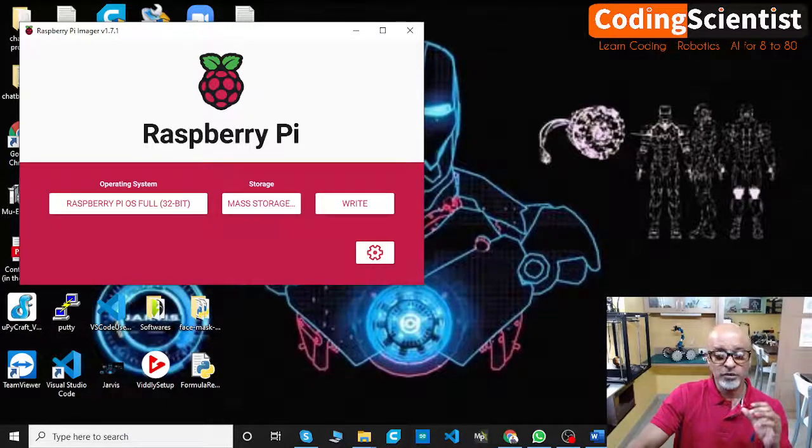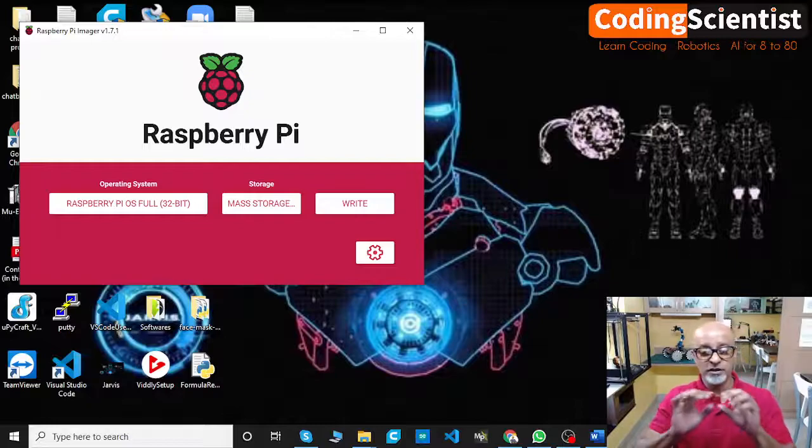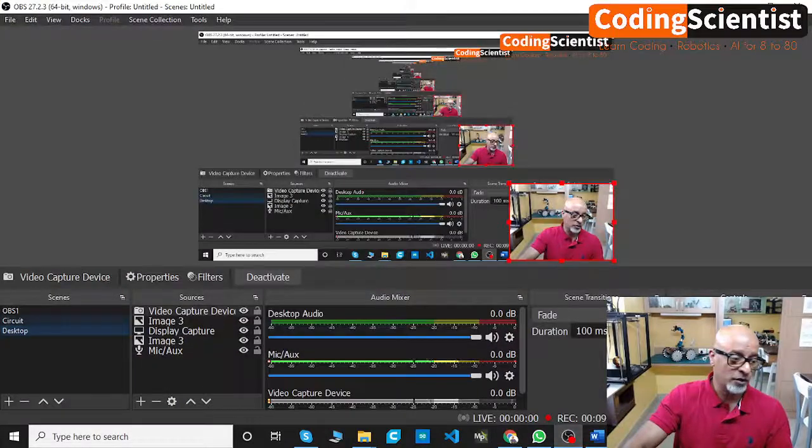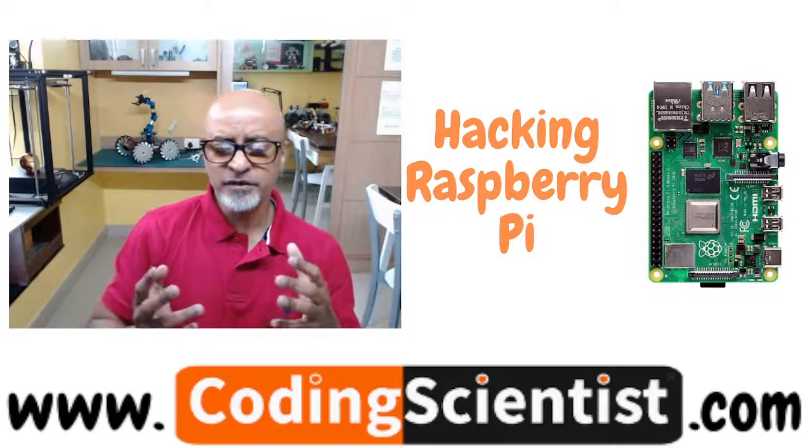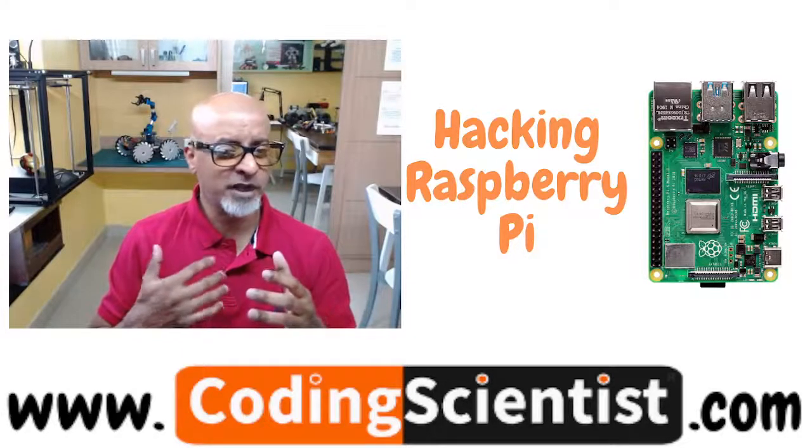Make sure the OS is completely copied till it says success in the right corner of this particular application. You will see successfully copied. Till that time you have to be patient. It's going to take about 45 minutes to an hour. So make sure that this has been done, and in case you get stuck with different kinds of errors,